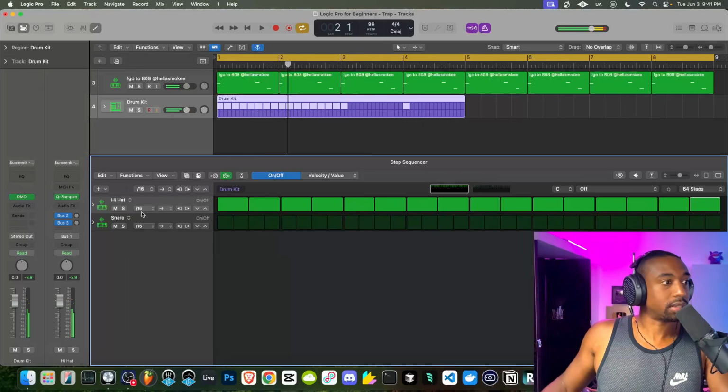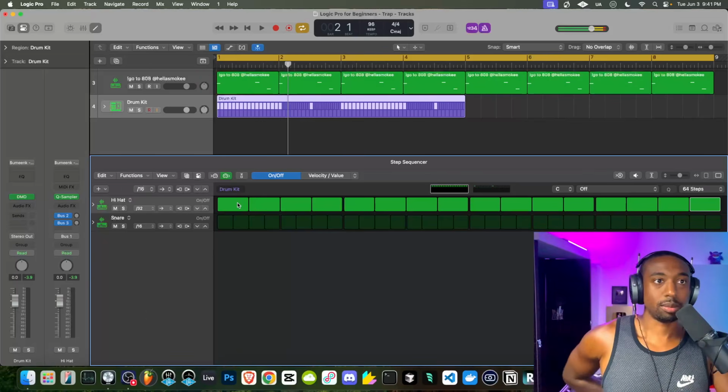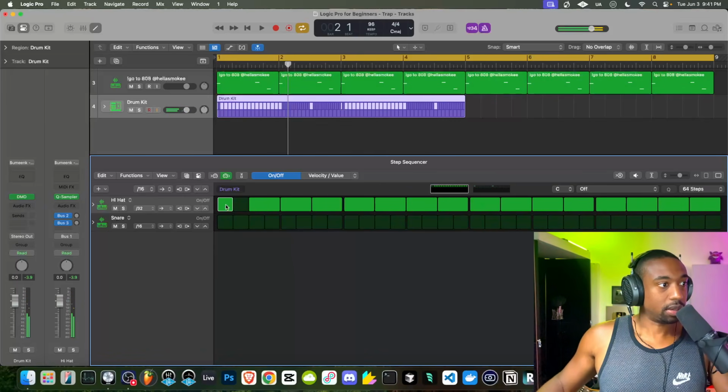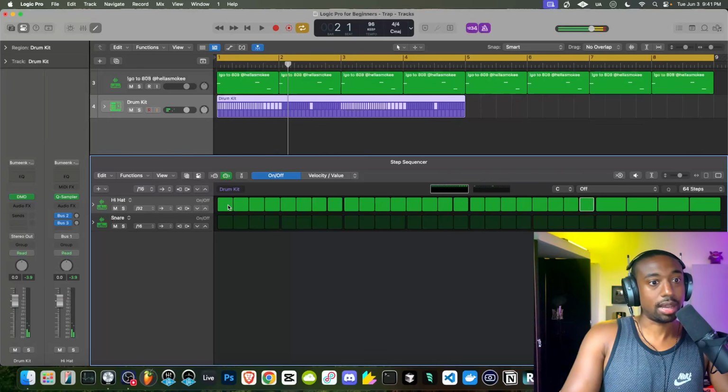All right, so we can go actually to this little drop down, I believe, and switch this to a smaller amount. So I'm going down here, switch it to 32nd notes. I'm used to producing in double time. So let's see what this does at this smaller amount. Okay, so now I'm hitting Control Alt and making this note smaller. Okay, and then I'm going to click on this first note and hit Command R to copy and paste it all the way through. So now our hi-hat should be faster.